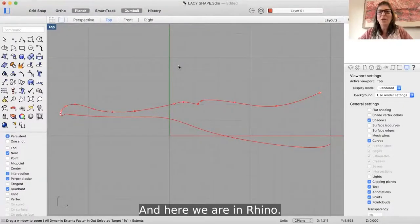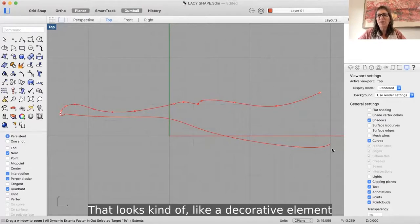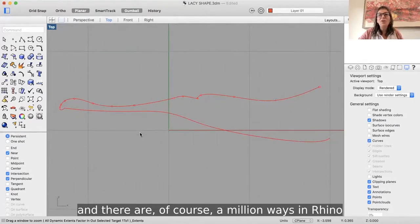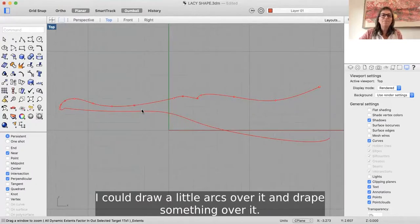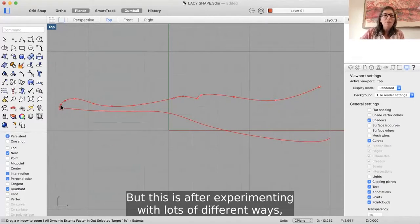And here we are in Rhino. So this is just a little line drawing that I made that looks kind of like a decorative element. And there are, of course, a million ways in Rhino that I could turn this into a dimensional object. I could take this and extrude it in space. I could draw little arcs over it and drape something over it. There's so many ways to do things,